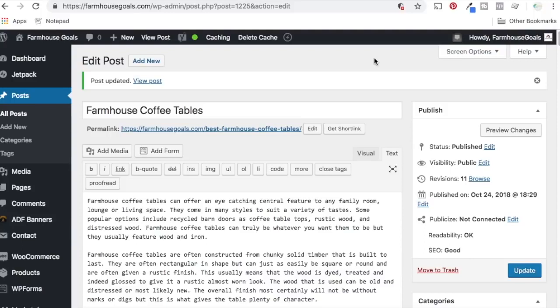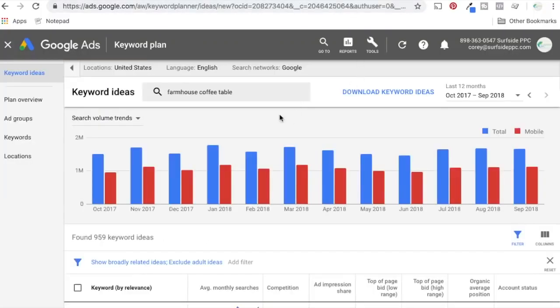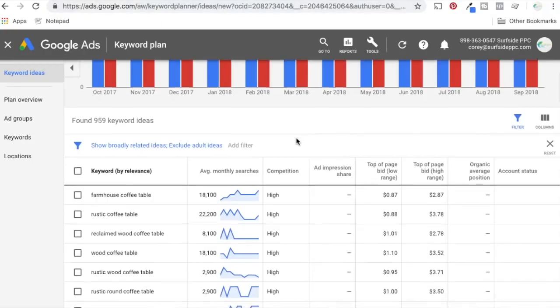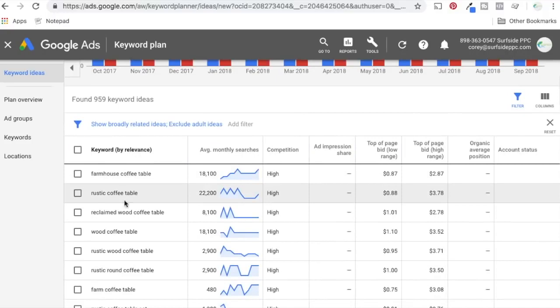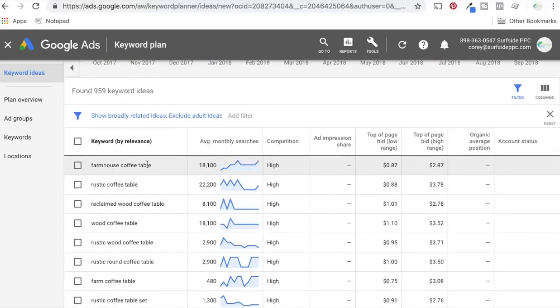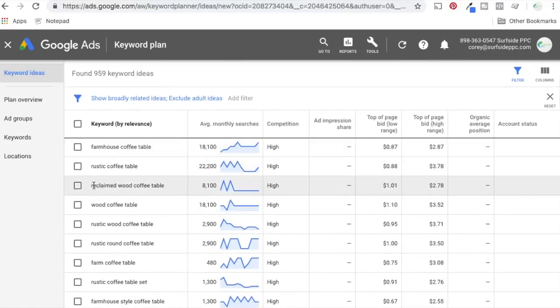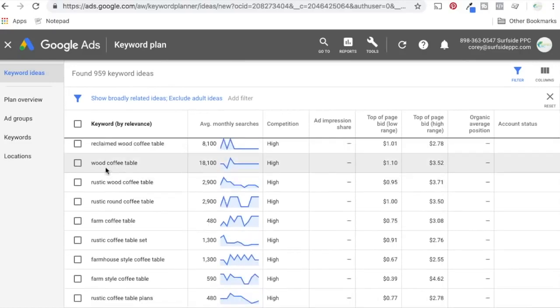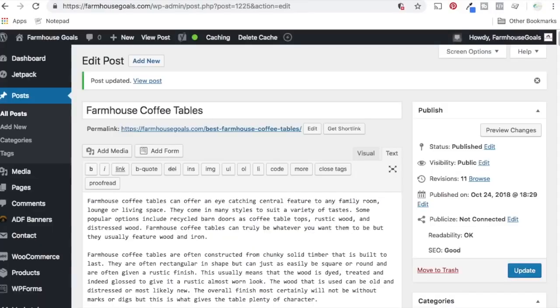To expand on this, the other thing you can do, come over to the Google AdWords Keyword Planner, just like before. Take the keyword you already had, so farmhouse coffee table, and what they're going to do is pull the most relevant keywords that they think for farmhouse coffee table. So rustic coffee table, reclaimed wood coffee table, wood coffee table. So if you took all these different things, I came back to my article, maybe I do more about reclaimed wood coffee tables. So you kind of just expand upon the keywords that Google thinks are most relevant to your